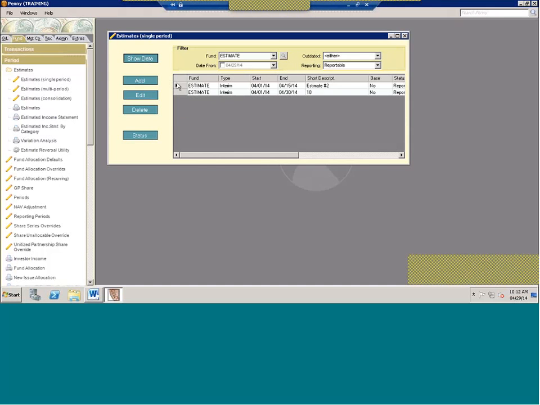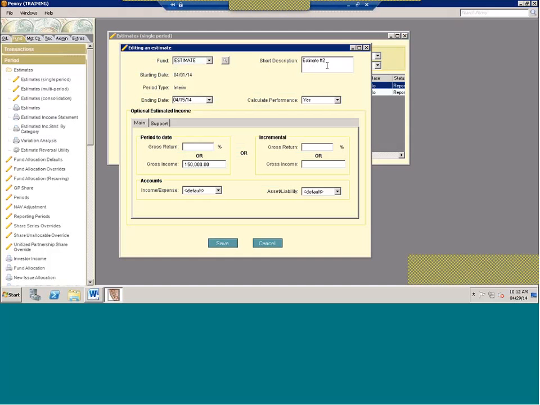When you allow multiple estimates, it allows you to put a short description in, and this helps you to keep track of which estimate is what. The system will always default to use the most recent estimate. However,